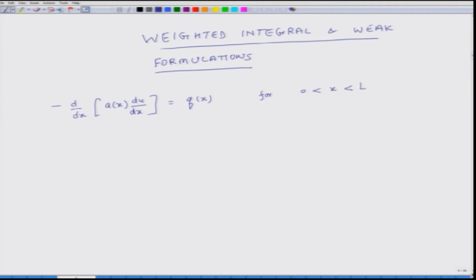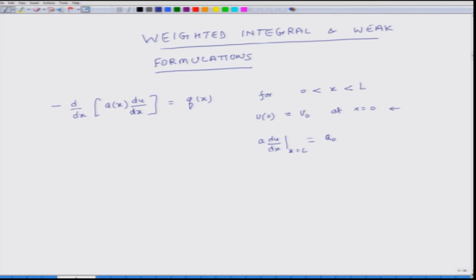and the boundary conditions which are specified are that u, which is the unknown in this equation, is equal to some constant u0 at x equals 0, as I have already mentioned in the parenthesis, and a times the slope or the derivative of u at x equals L is equal to another constant, let us say q naught. So, we have two ends: at x equals 0 we have one boundary condition, and another boundary condition exists at x equals L.